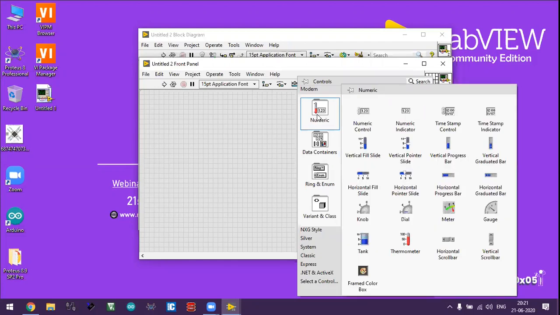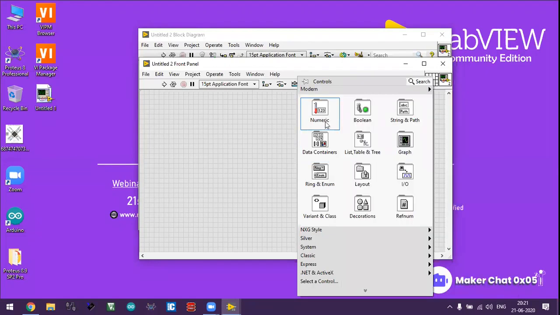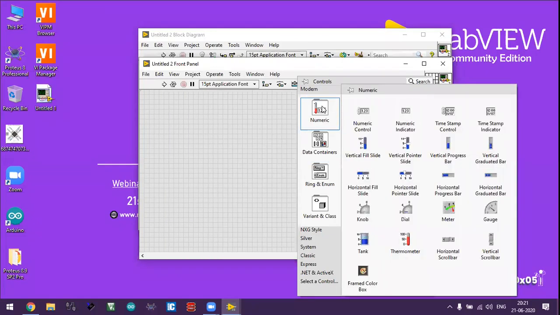You can go for numeric. You can see numeric controls and numeric indicators over here. Basically, there are two parts: controls and indicators. Controls mean the user has to give the data to process any value, or string, timing applications, all those things.